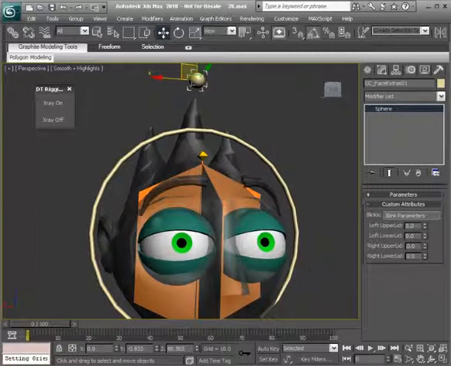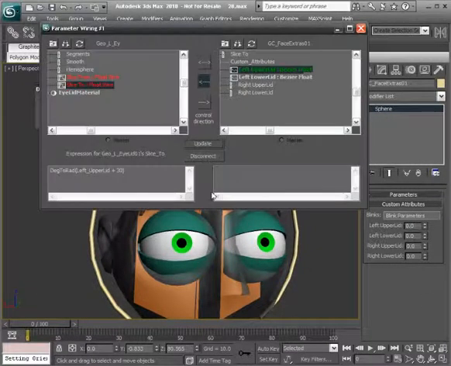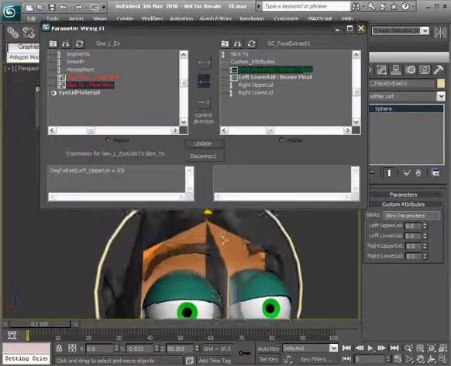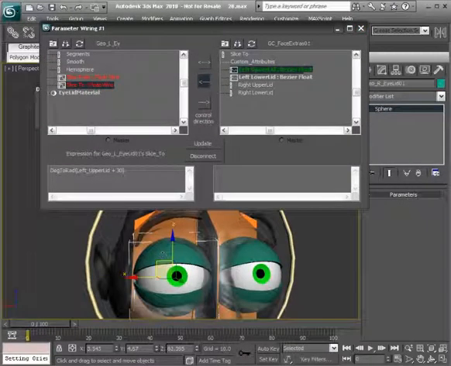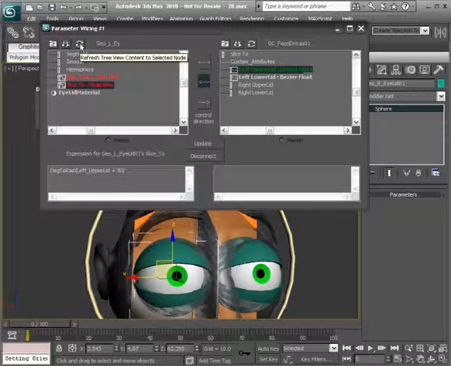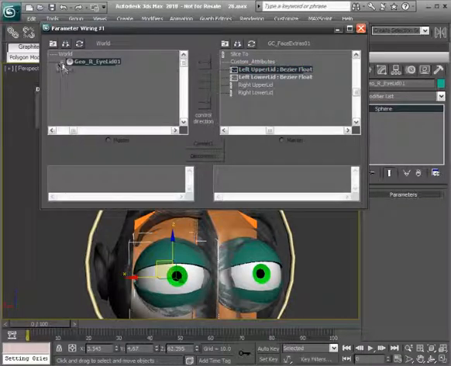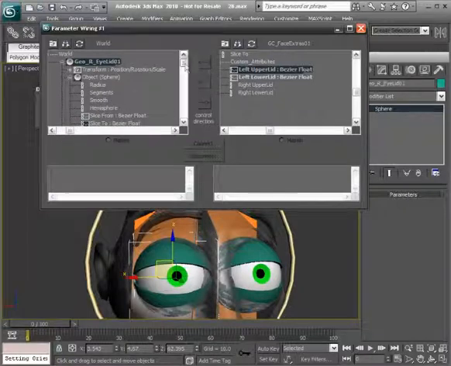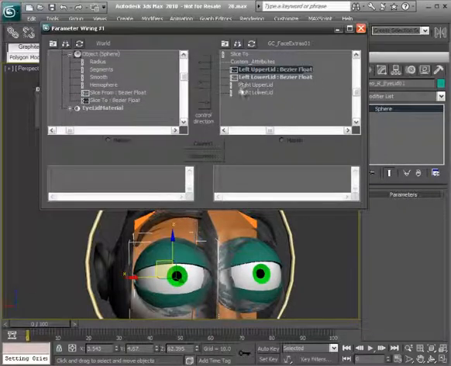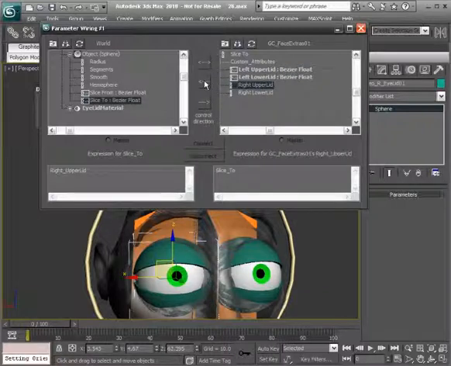All right, let's go ahead and set up that right lid now. So all we need to do is select the geometry here and load that up. Just refresh. It's going to be object, and here we have it, slice to, slice from. So we'll choose the right upper lid, and that goes into slice to. Choose the middle arrow,